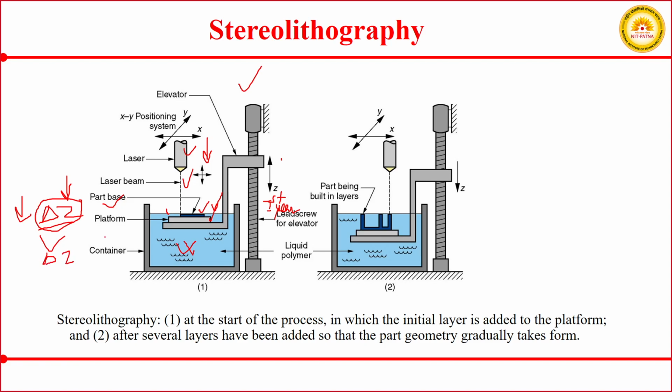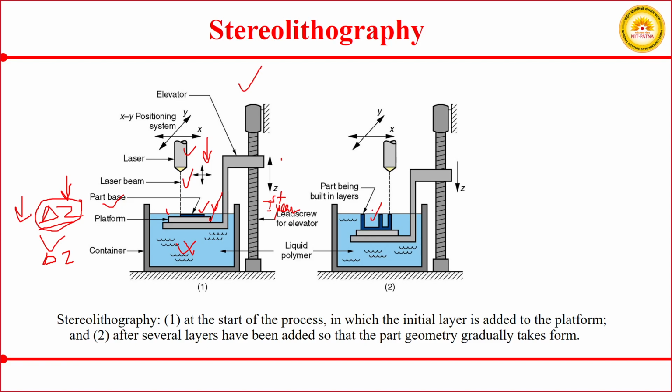This delta z is your layer height. This way, if you continue, and if you control the movement of the laser depending upon your slice data, which you have got from your STL file, the part as per your desired